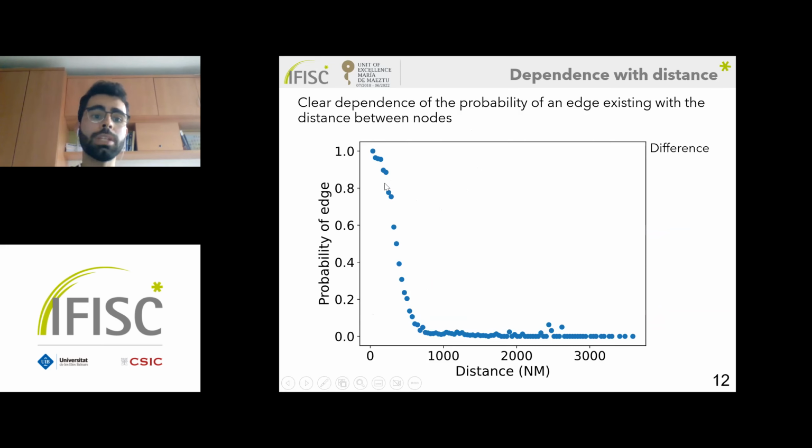So what we are going to do now is build a new null model that inherits this probability of an edge existence distribution. In this way, we are going to be able, first, to assess the role of distance, or how much the factor distance plays in the networks, and also to have a null model that is able to reproduce the spatial properties of the network, so we can see under that spatial layer how random the networks are, which was something that with the Erdős-Rényi networks used as null model we were unable to see. So let's keep in mind this null model that we have just introduced, and let's move to another step,